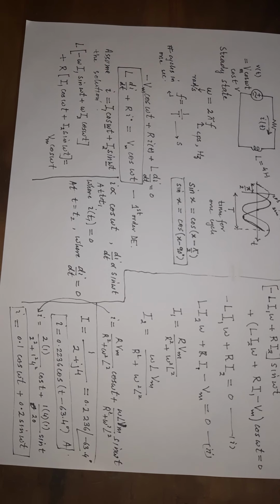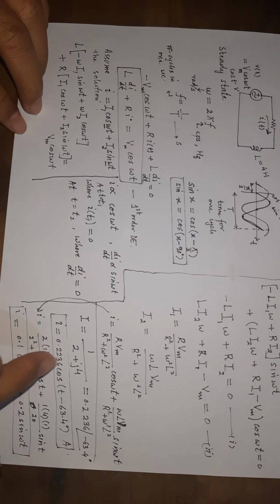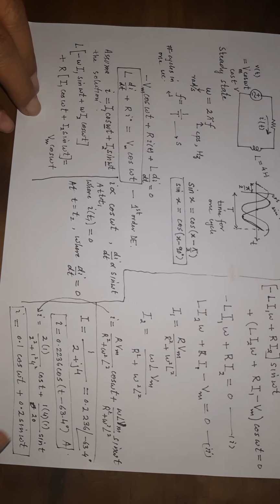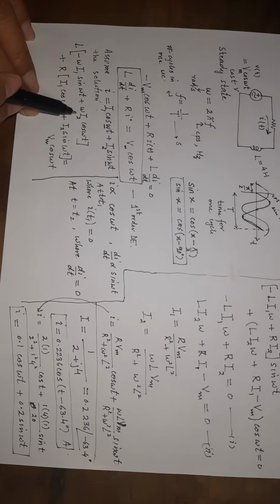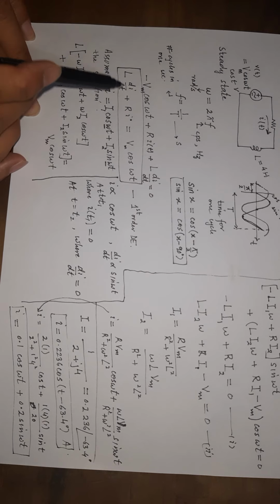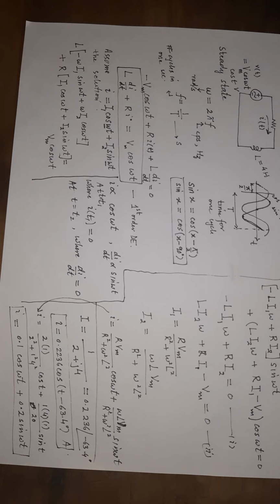Did you remember something? Did you understand that this thing is equal to this thing? No? I need you to revise your trigonometric concepts to see how the sum of these two sinusoids can be written as one sinusoid. This was what we had been talking about here. So a sinusoid plus a sinusoid is equal to a sinusoid. So we are going to see that thing here, and I hope you remember how to do this.